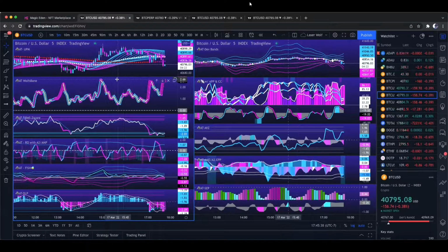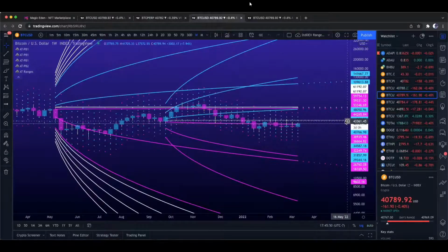So that's what's going on with Bitcoin, right? That is what's going on with Bitcoin. And right now, where's price action at, right? So it just got down to 40,767. Where's the first standard deviation on the weekly? 40,766. It just dropped right down to it again, kicked it right back up. $30 so far, but